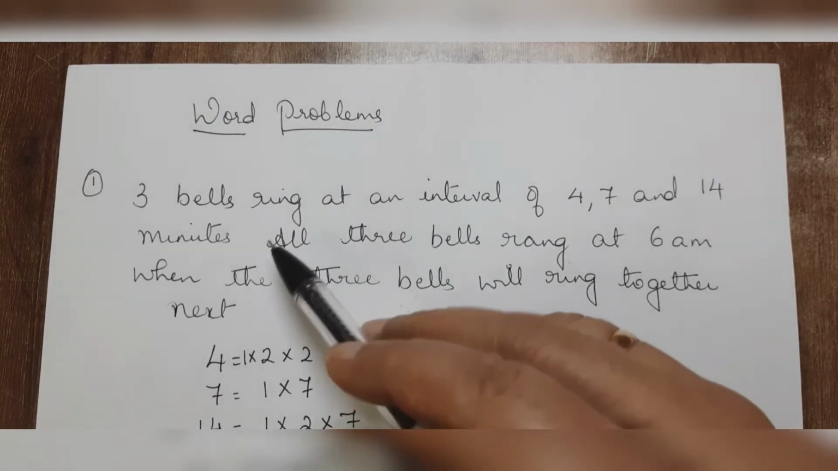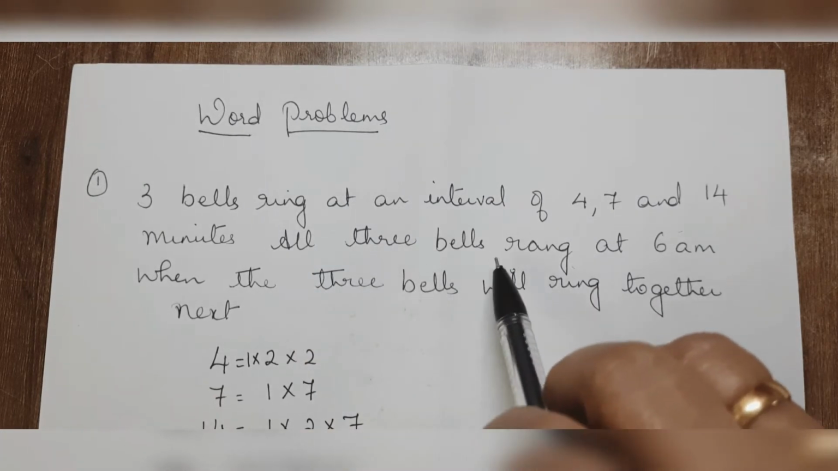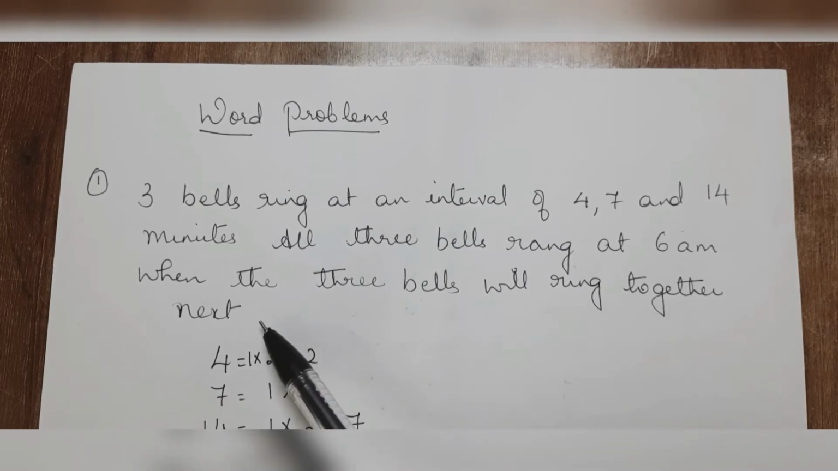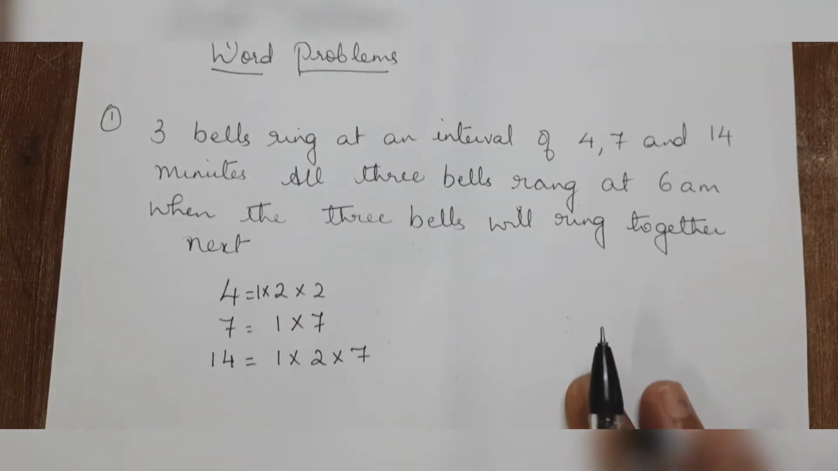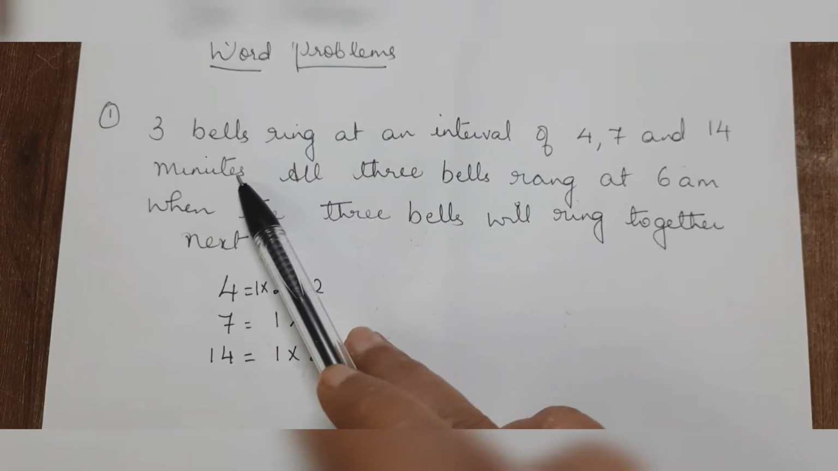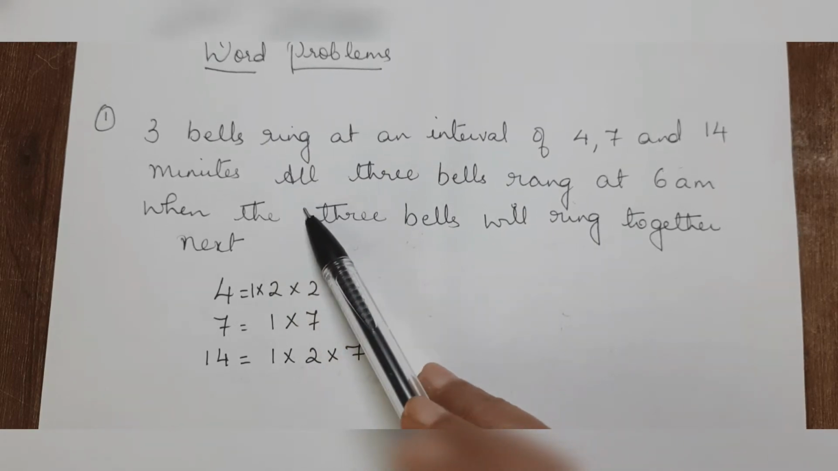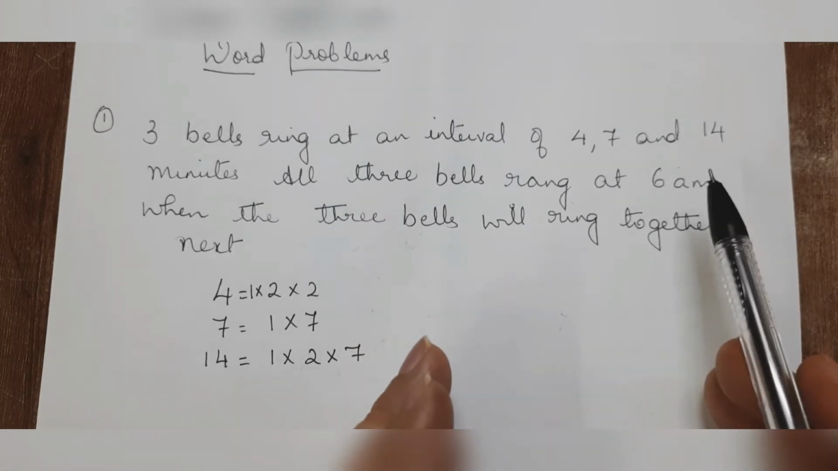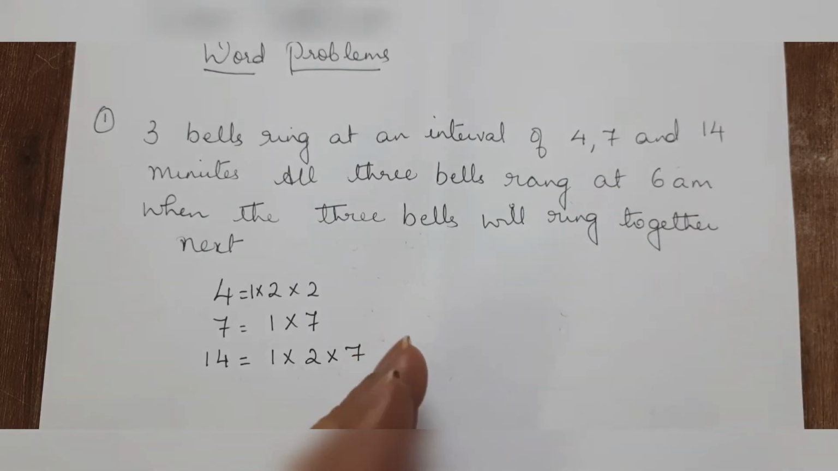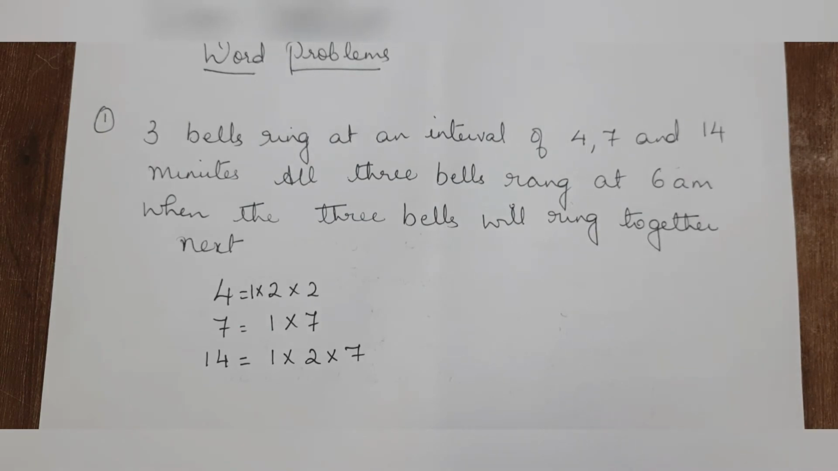Next word problem. 3 bells ring at an interval of 4, 7 and 14 minutes. All 3 bells rang at 6 a.m. When will the 3 bells ring together next? Now here children, you need to know, whenever 3 bells are ringing or you are moving in a circular track, after some time you meet. Your initial points are the same, you are starting with the same pace and with different things, then you will meet at a certain point. It might be the bell ringing at the same point, or you on a morning walk in a